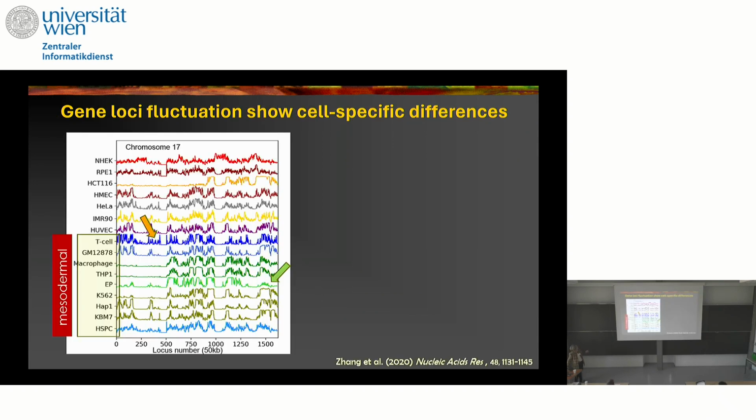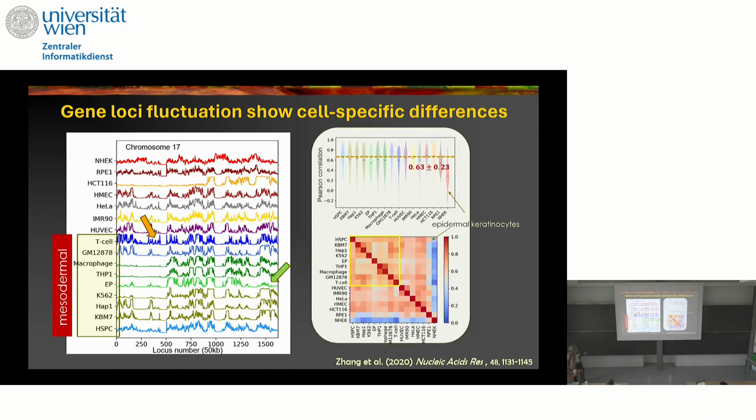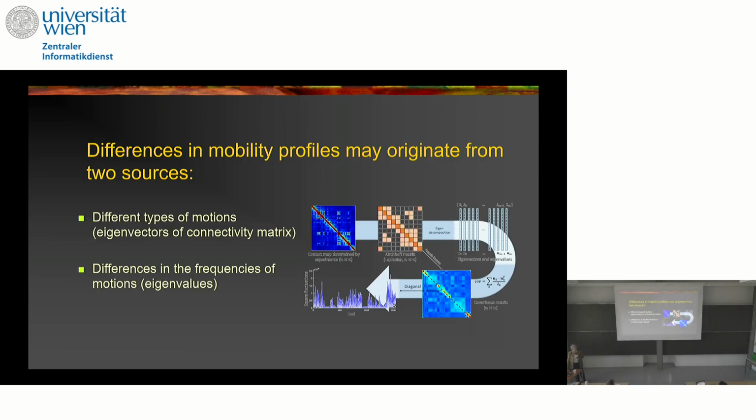Different cell types, you can see they have different behavior. And then when we do the cross correlation between those mean square fluctuations across cell types, and then average over all columns, the average correlation is about 0.63. So that's how similar different cells are. And we wanted to see what's the origin. Is it